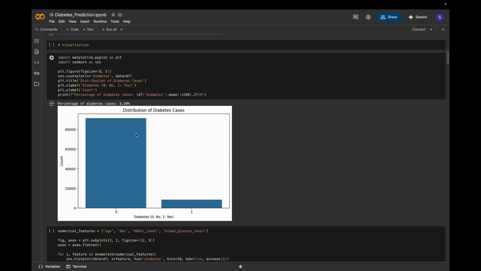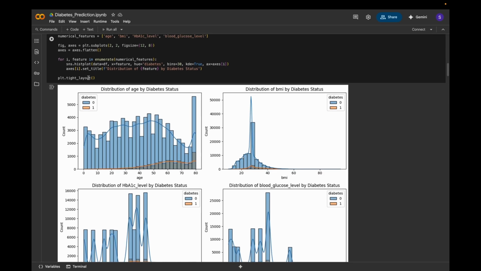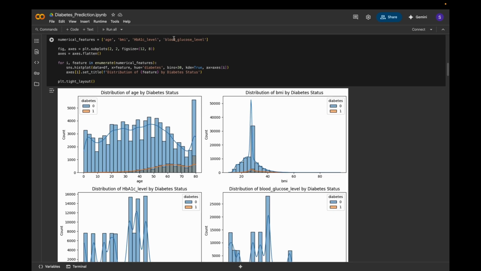So in this visualization, we can tell that most people don't have diabetes and only a small amount of people have diabetes, which is about 0.85% of people. So yeah. Next, we move on to numerical_features equal to age, BMI, all the way up to blood